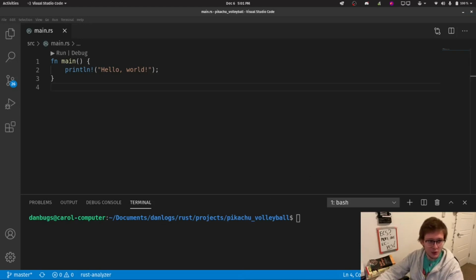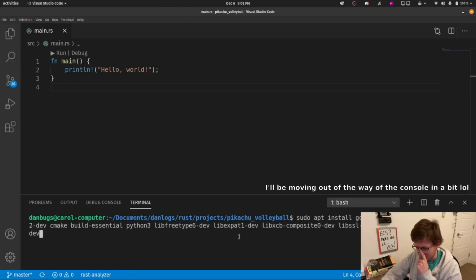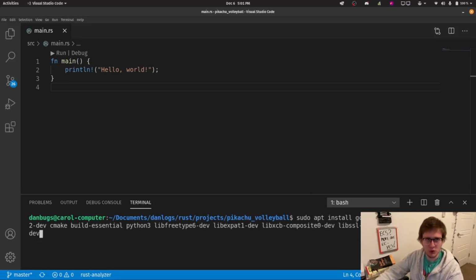Anyway, to write Amethyst code, if you are on Linux, you have to install a few system dependencies. I'm using a Linux distribution based on Ubuntu called Pop!_OS. So to install them, I simply had to do this. Now I already installed them, so I won't go through it again, but this will get us all that we need in terms of sound, font rendering, XML parsing, and cryptography.